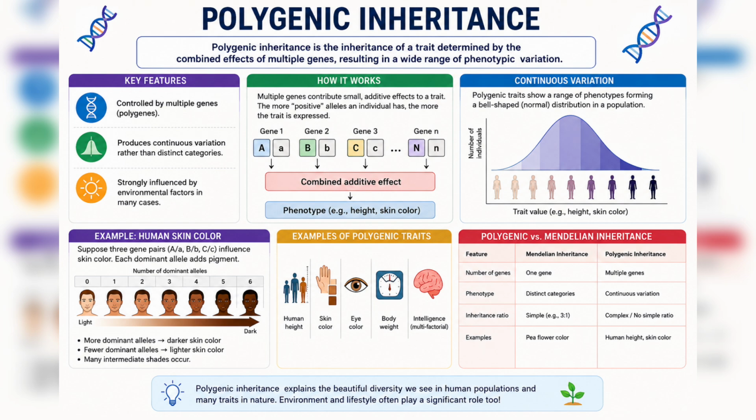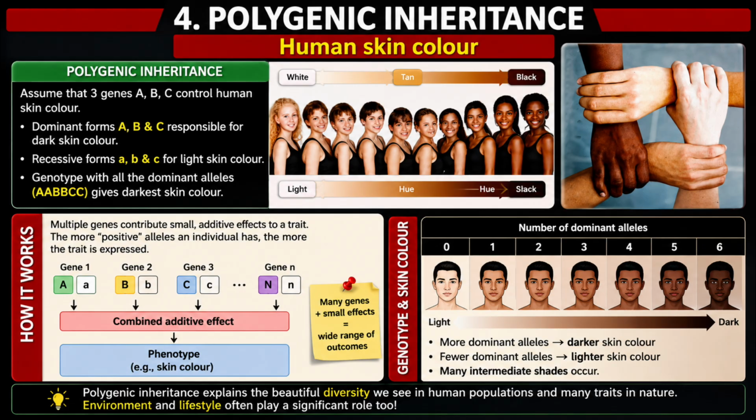One of the best examples of polygenic inheritance is human skin color. Let us understand how this works. Suppose there are three pairs of genes, capital A, capital B, and capital C. The dominant alleles, that is capital A, capital B, and capital C, contribute to the production of melanin, the pigment responsible for darker skin. On the other hand, recessive alleles like small a, small b, and small c contribute to